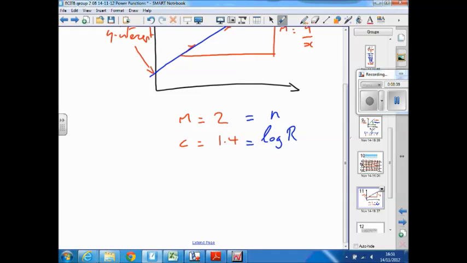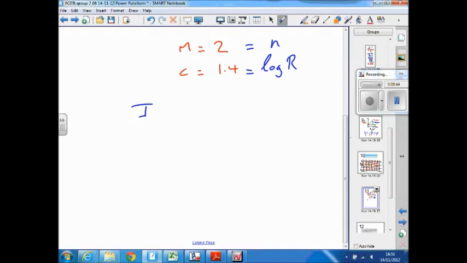Remember from industrial equations, if I'm told that the log of r is 1.4, what do I do to get r? Inverse logarithm. This is a power of 10. So 10 to the power 1.4 will give me r. So I work out what 10 to the power 1.4 is. And if you look for the 10 to the power button, it's above the log button. No coincidence, because it's the inverse function to the logarithm function. We get 25.1